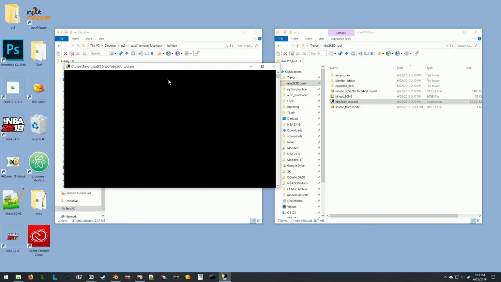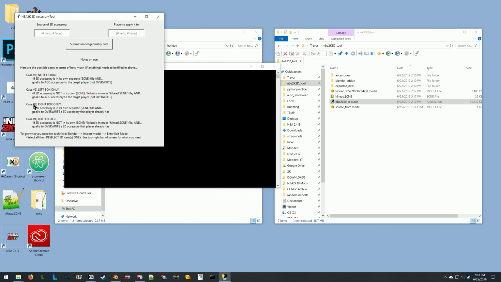And so in this case, this is only the right box that's getting filled in. So the source of the 3D accessory, we're not putting anything. We're just saying, and this case is not exclusively for removing an accessory like this. If this was another accessory, like the do-rag that's included with the files, it would just